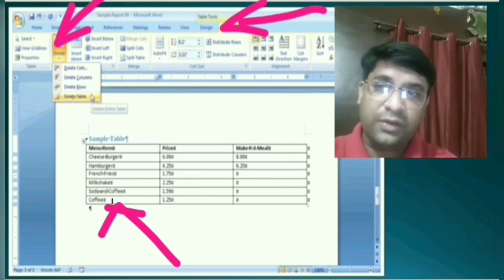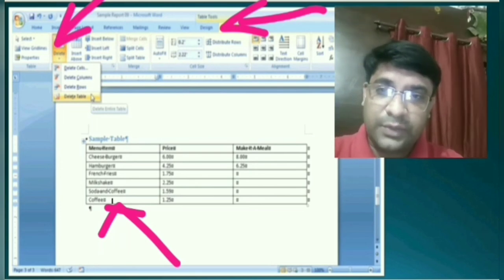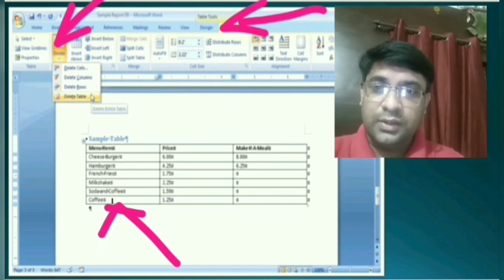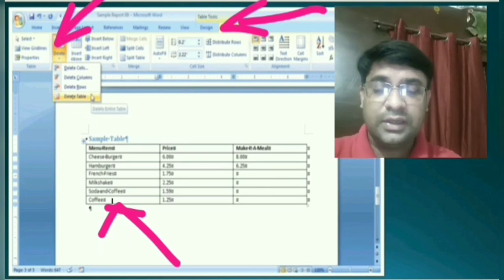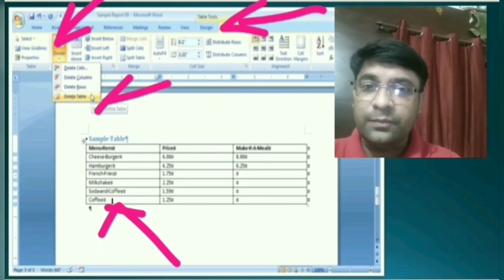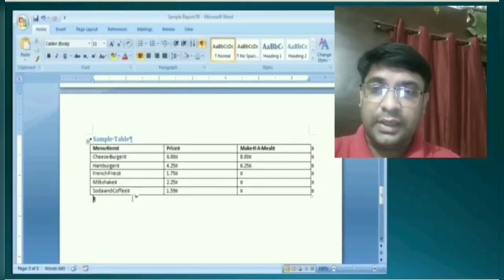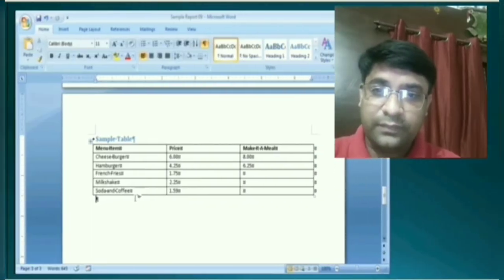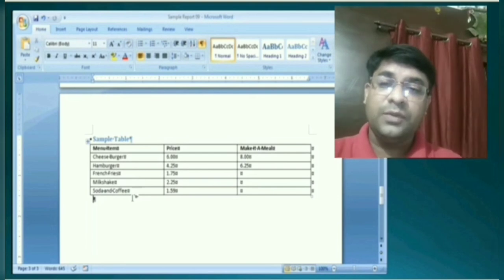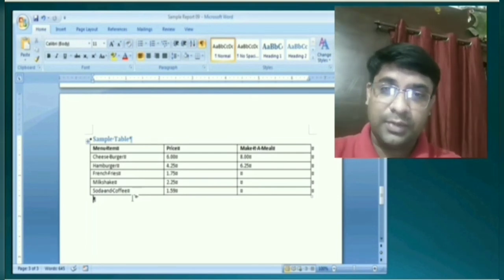When you click on the Delete option, a list of options appears. You can see that in the diagram. Now click the Delete Rows or Delete Columns option to delete a row or column. If you want to delete any row, then click on the Delete Rows option, and if you want to delete any column, then click on the Delete Columns option. Now in this example I want to delete the last row, so click on the Delete Rows option. Then the row will be removed from your table. You can see that the last row is removed. So this is a very simple process of deleting a row or column from the table.